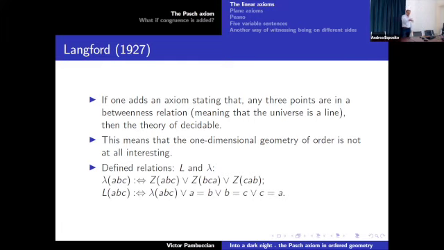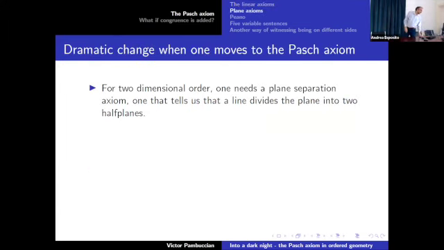Now, for our later discussion, let us introduce two defined relations. One is lambda and the other is L. Lambda says that 3 distinct points are on a line. Okay? And L says that A, B, C are 3 collinear points, and they could be also equal among themselves. Okay. Now,